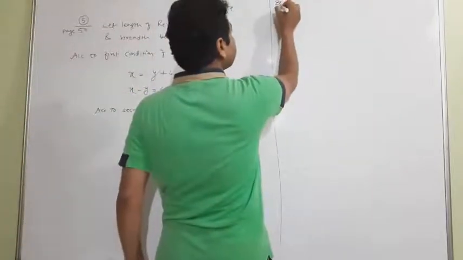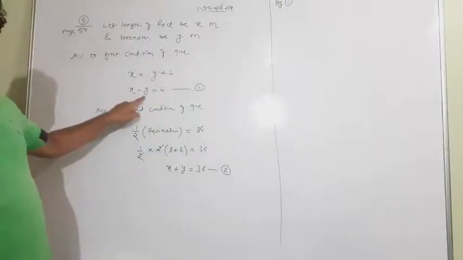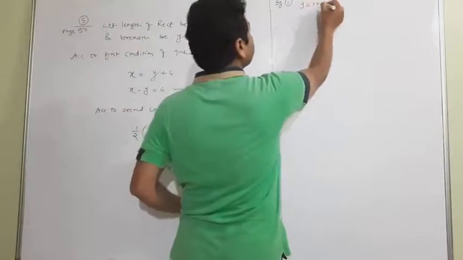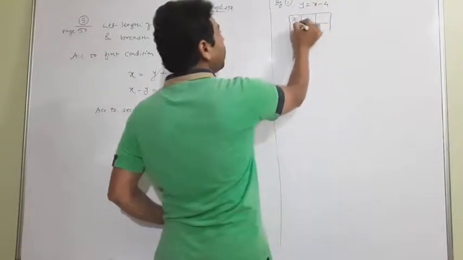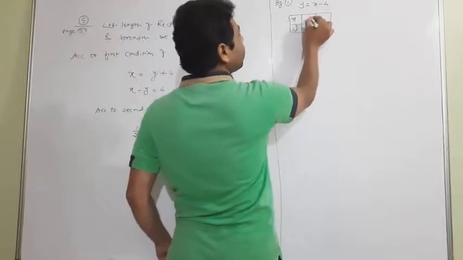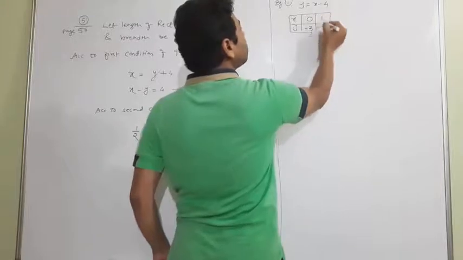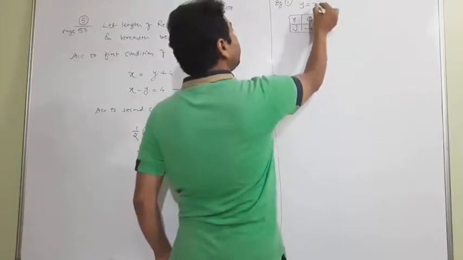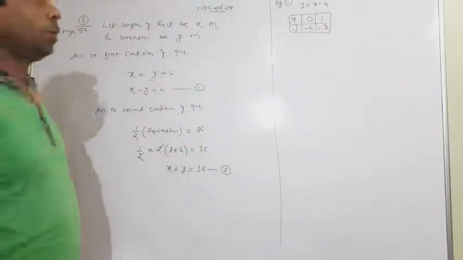Okay. So how to deal with this question? One by one we will make the graph. By 1, first find the value of y. Y is equal to x minus 4. And make a graph like this: x, y. First choose a value. Suppose x is equal to 0, y becomes minus 4. When x is equal to 1, putting 1 minus 4, it is minus 3. 2 values are good enough.